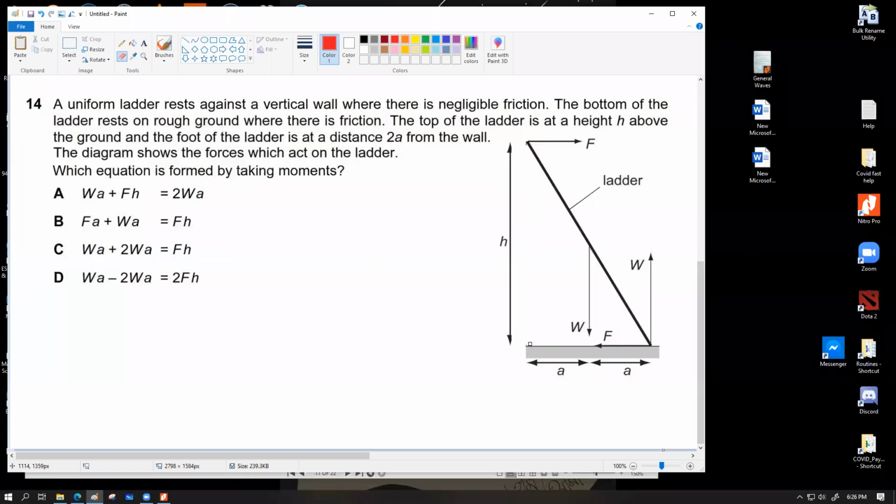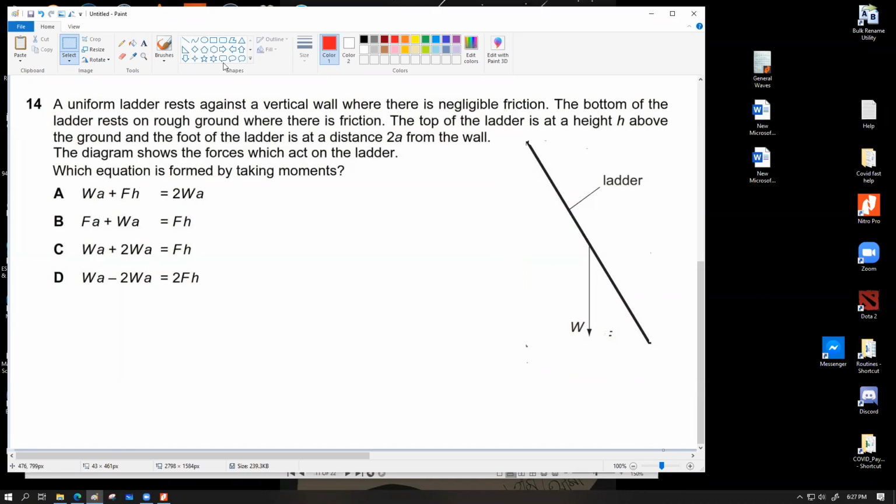I'll need these corner points. I'll leave a bit of a trace for this one. Okay, I can erase, I can obliterate everything else. Let's say এগুলা কিছু exist করতেছে না। হ্যাঁ, এখন বুঝতে একটু সুবিধা হচ্ছে। That's exactly what I meant in the first place, that if you're trying to find out the moment direction for a single force, consider that that is the only force that is working on the object. So let's say if you now consider this is your pivot point and you have a force like